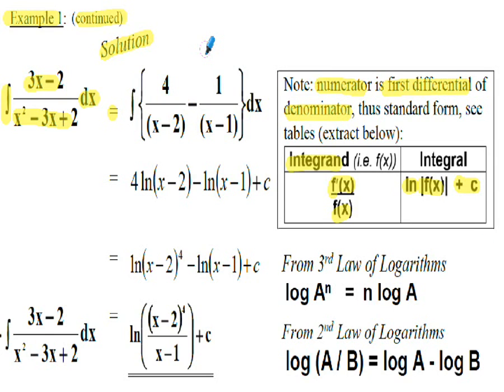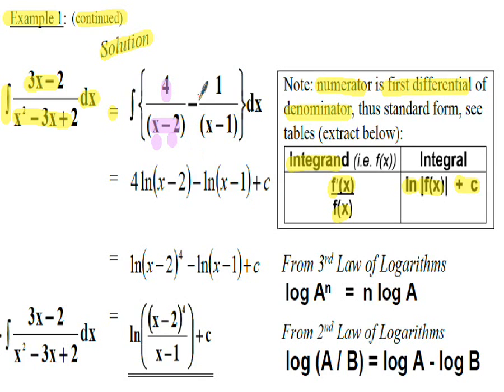So if I now consider my first partial fraction, the 4 divided by x minus 2 here, then if I differentiate the denominator, the x minus 2 with respect to x, if I find I have the numerator value, I can write the solution down simply as ln function of x. So differentiating the x with respect to x, I'll get 1 from standard tables, and differentiating the constant negative 2 with respect to x, it disappears. So if I have 1 in the numerator, I can simply write my solution down as ln of x minus